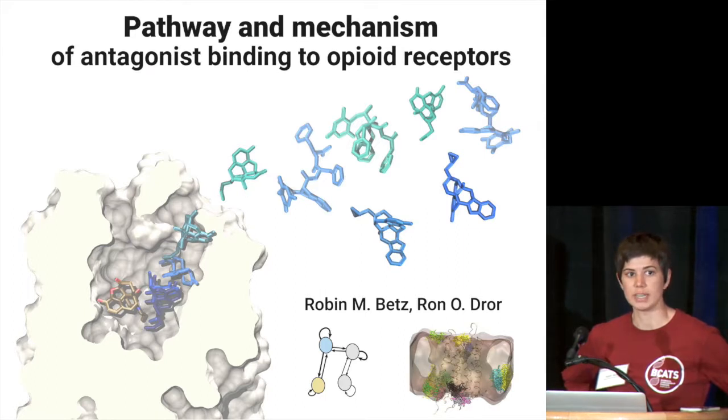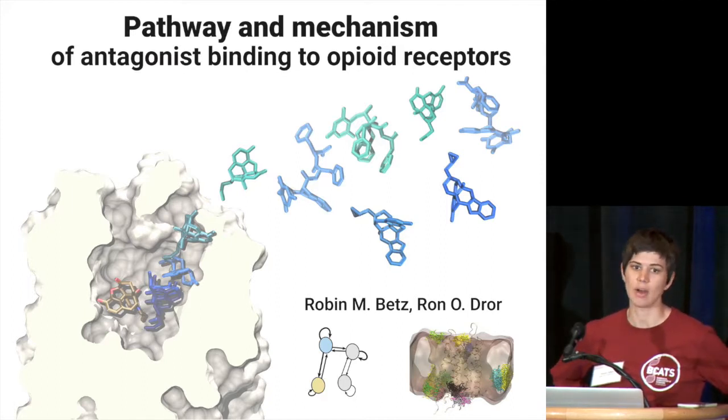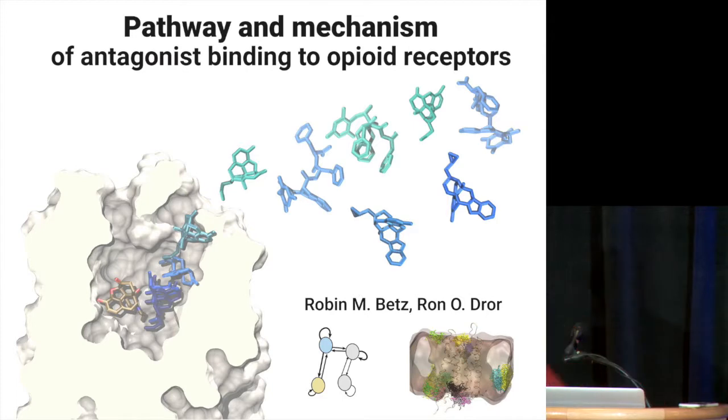Unfortunately, you can't just simulate until it binds, so you have to teach a computer what interesting means in a really biological context. And as for how exactly I did that, you'll have to see my poster. But I have some very exciting results involving how opioid antagonists bind. This work is really interesting as pain medicines are currently not very good, and hopefully using my method as well as others' research, we can make those better. Thank you.